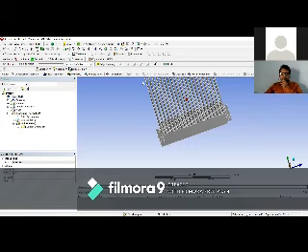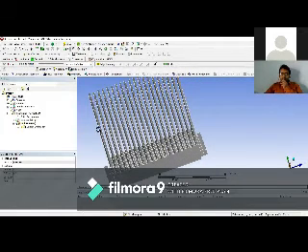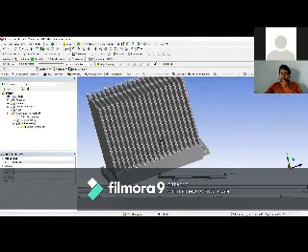Here again we clearly see, the overall part is known as the heat sink, and these are known as the fins. One fin, two, three, four, five, six, seven, eight, nine, ten, eleven, twelve, thirteen, fourteen, fifteen, sixteen, seventeen, eighteen, nineteen, twenty. Twenty fins make one heat sink, which is used in the Dell computer system CPU.